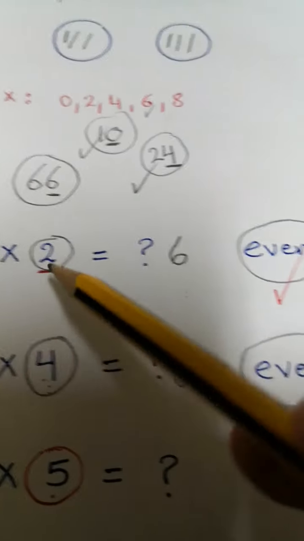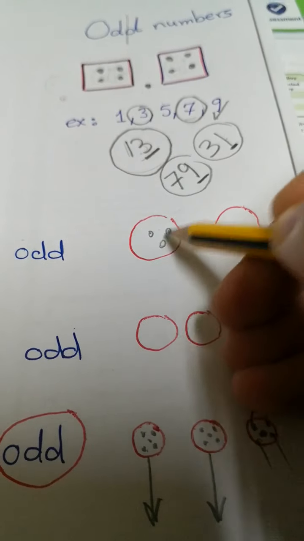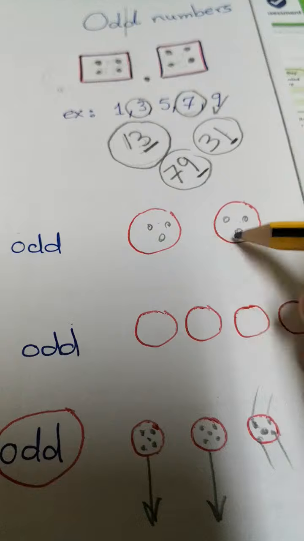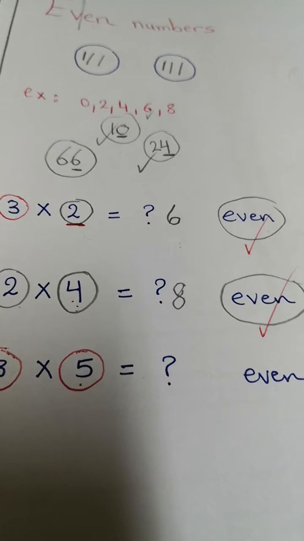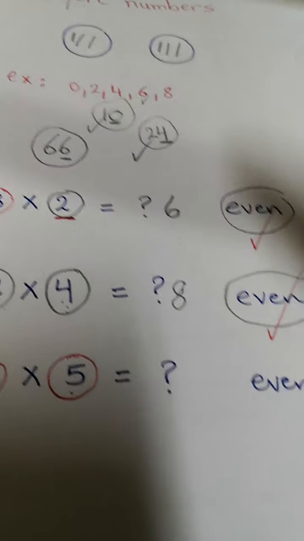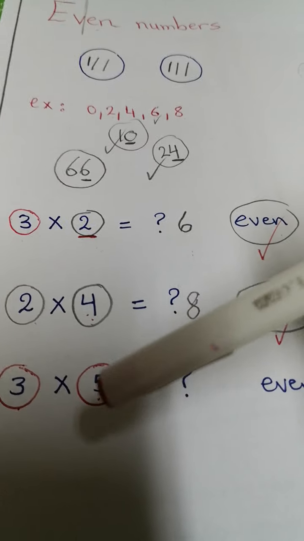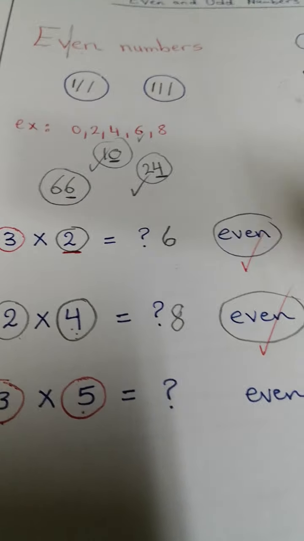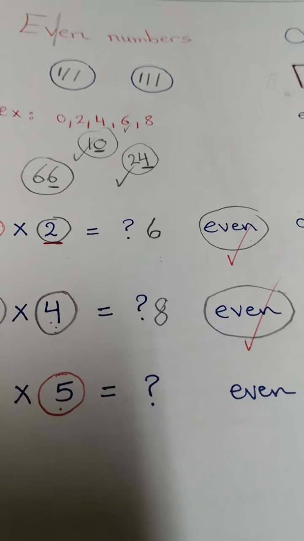Easy. But in the top here, like 3 multiply 2, like I said, I have 2 groups and each group has 3, so they are equal without any leftover. So what is my conclusion? It's very important, my dear students. Even multiply even equals even. Odd multiply odd equals odd. But what about if I have even multiply odd? It equals even also.